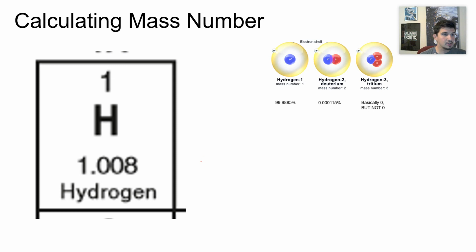So this gives us a clue then as to where the heck this 1.008 comes from. This is where we calculate the mass number. A mass number takes into account that not every atom comes in only one variety. In fact, no atom only comes in one variety. It comes in multiple isotopes. And so to do this, we need to take the mass of hydrogen 1, which is a mass of 1, and we need to multiply it by its percentage. We can't multiply by a percent, we need to multiply it by a decimal. And if you remember in class, I told you move the decimal over 2 times. So that would be